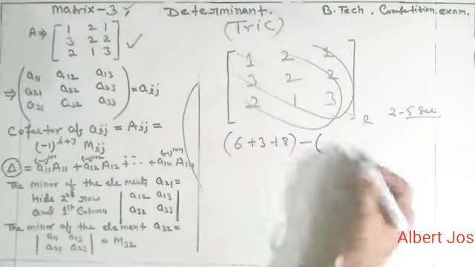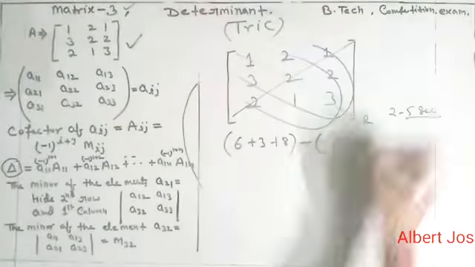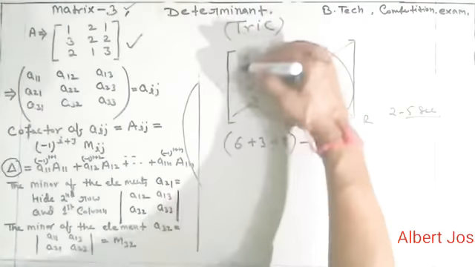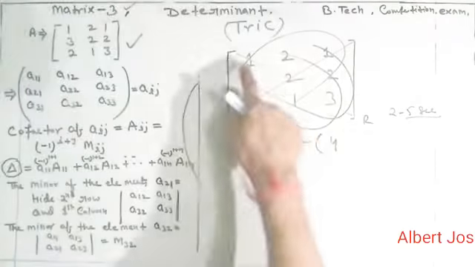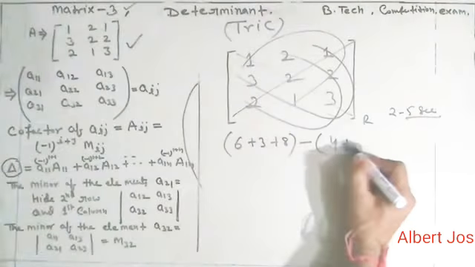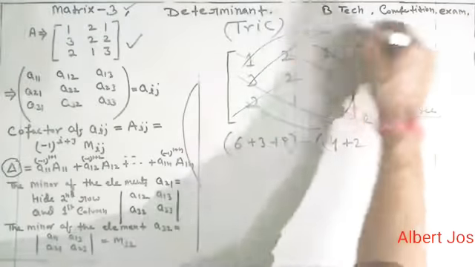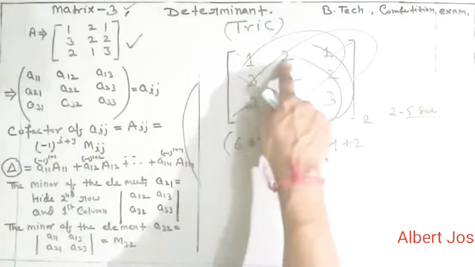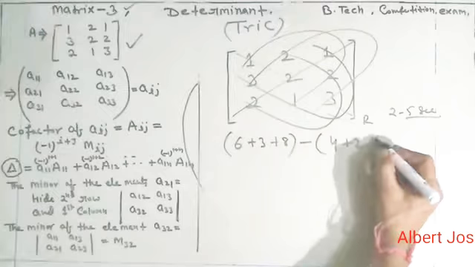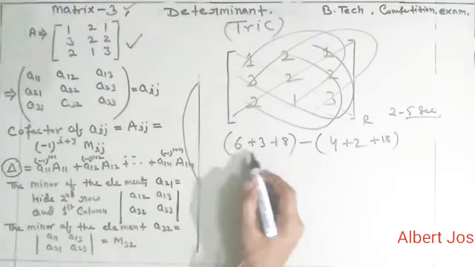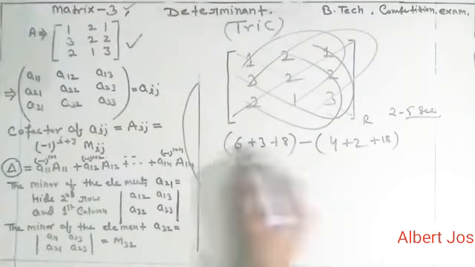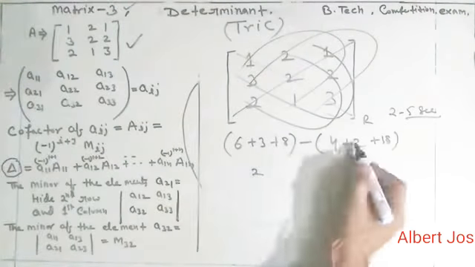Now after that, minus this portion. 2 into 2 is 4. Then after that you have to multiply this portion. 1 into 2 into 2, 1 into 2 into 1. Then after that plus 2. Then after that you have to multiply this. So 3 2s are 6 and 6 3s are 18. Now solve it. You know that 6 minus 4 is equal to 2 and 3 minus 2 is equal